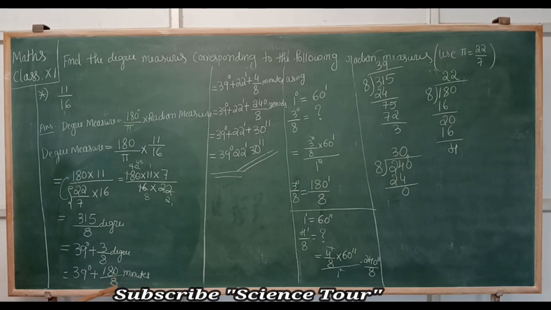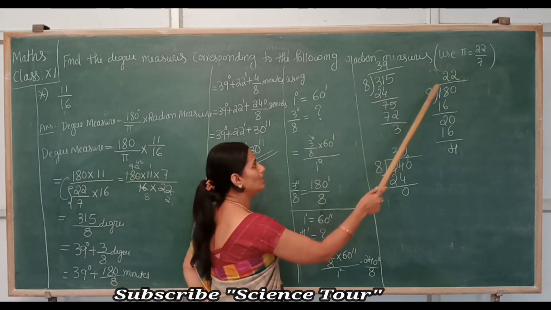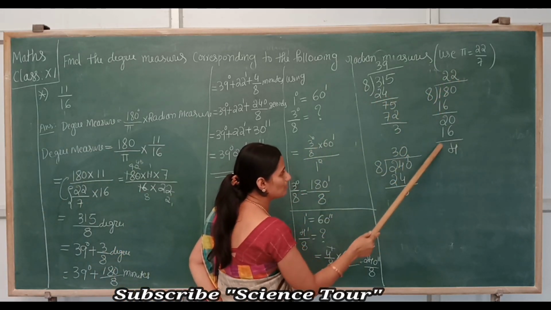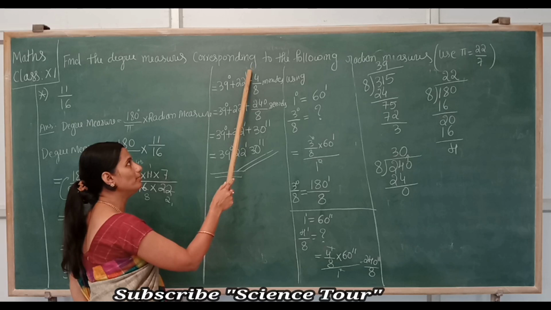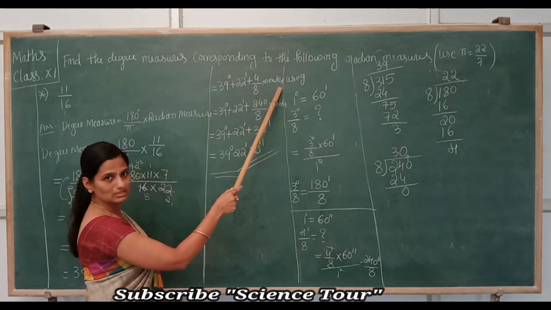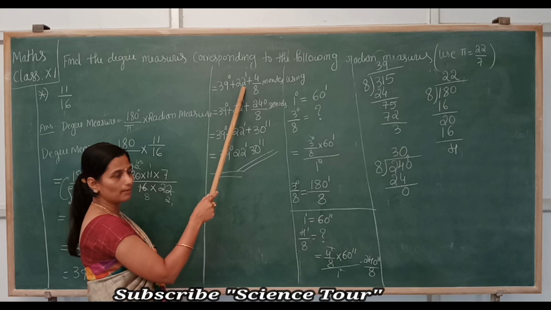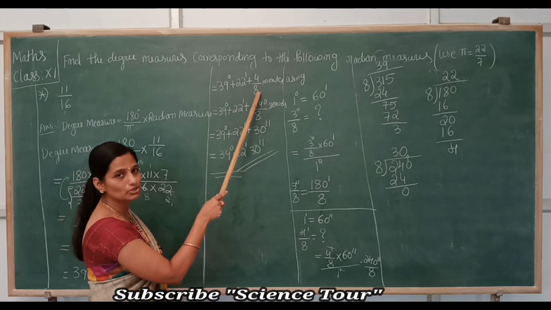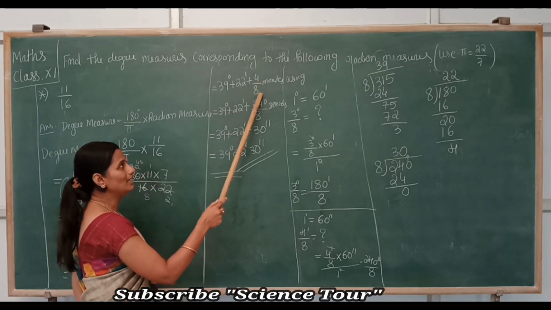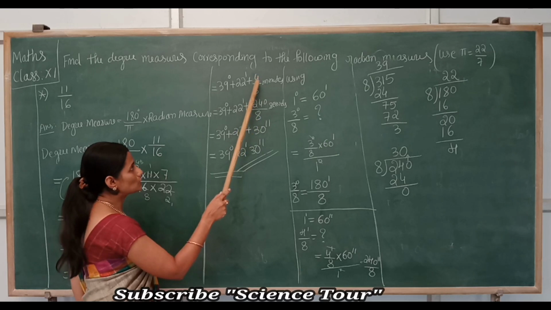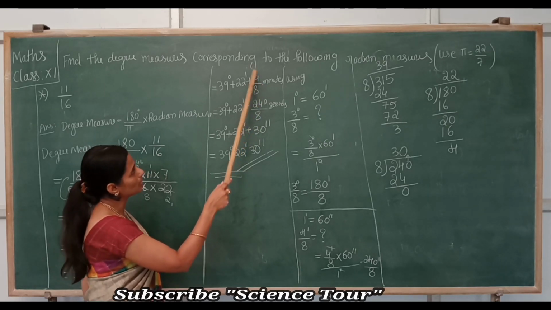So now 180 divided by 8 minutes, again in minutes there is a fraction, correct, no? So remove that fraction. How to remove that fraction? Divide it. 180 divided by 8, so we will get here the quotient and this is the remainder. The remainder part is like a decimal point. So it can be written as 22 minutes 4 by 8 minutes. 22 is the whole number, 4 by 8 is the fraction or decimal. So now again 4 by 8 fraction, correct, no? That is minutes, so in this there is seconds. So how to convert this to seconds?